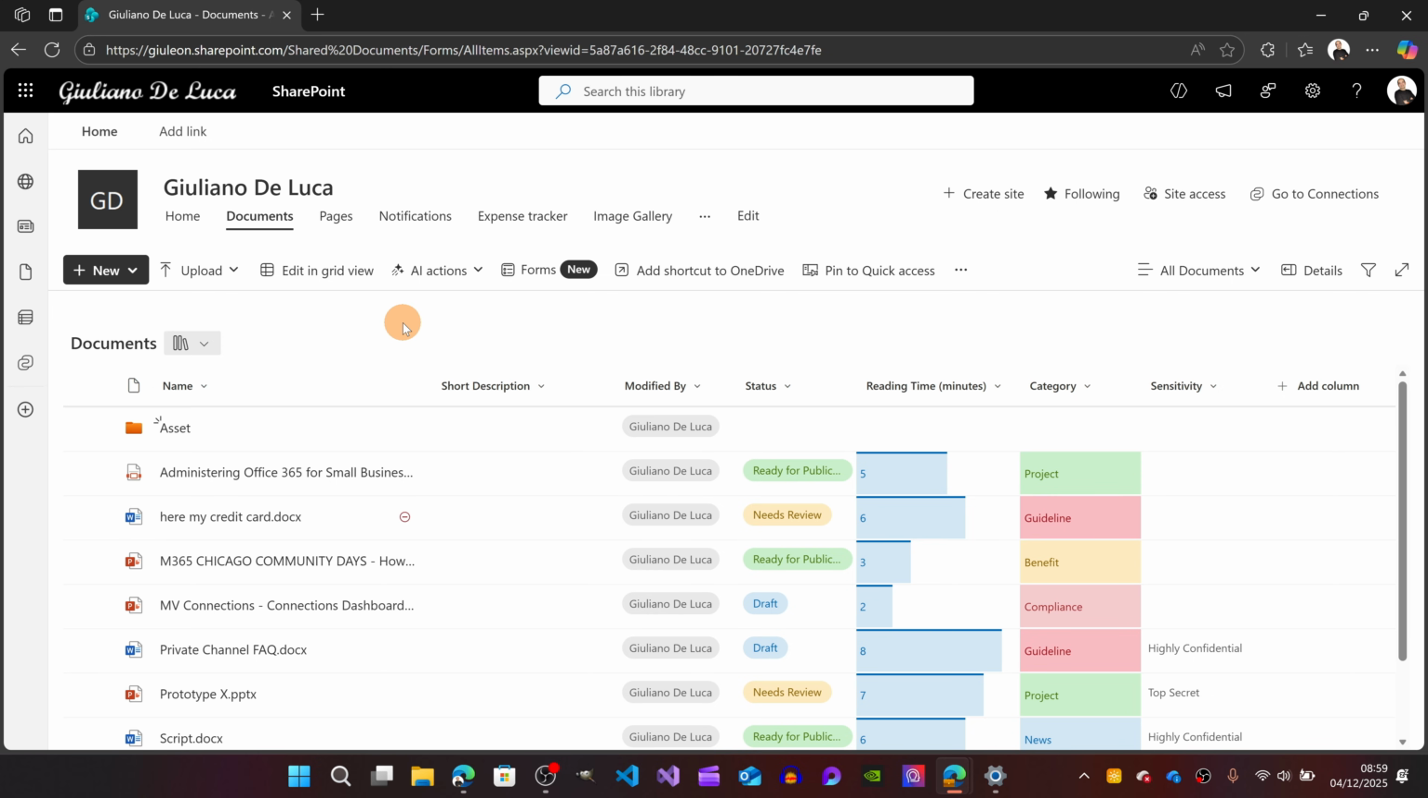Now, as you can notice here in this list, I have several columns. This is also part of the user experience. It's very easy to create such nice and beautiful lists instead of having a raw and blank list. So now let's start from this short description column. What I have here is a simple column which is supposed to display a short description or a summary